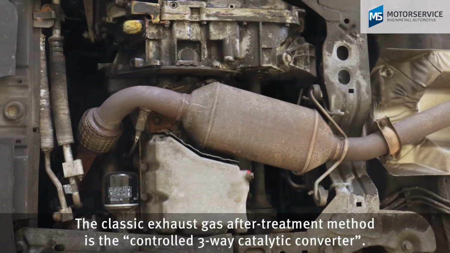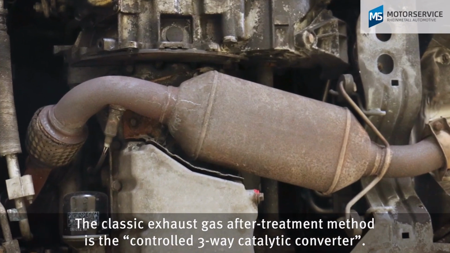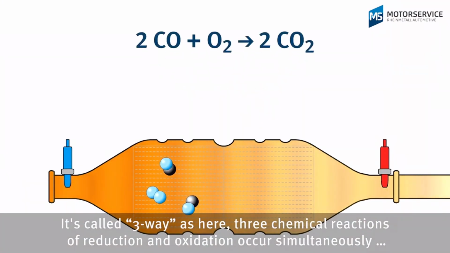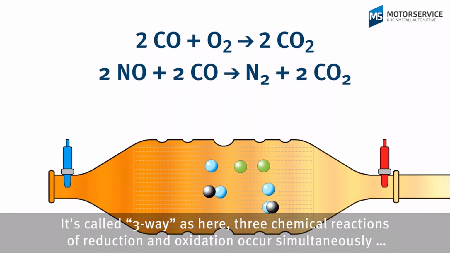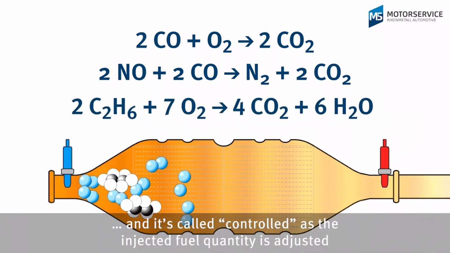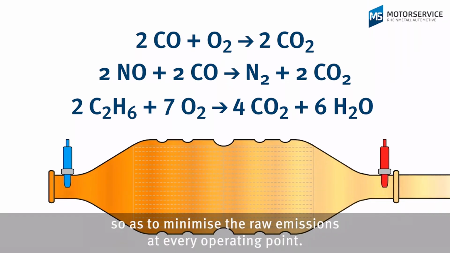The classic exhaust gas after-treatment method is the controlled three-way catalytic converter. It's called three-way as here three chemical reactions of reduction and oxidation occur simultaneously. And it's called controlled as the injected fuel quantity is adjusted so as to minimize the raw emissions at every